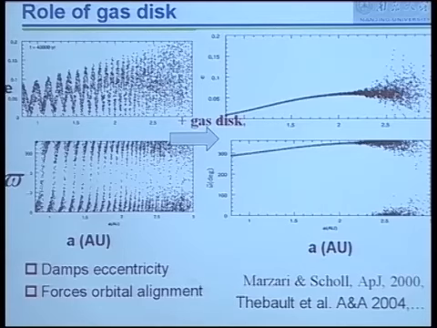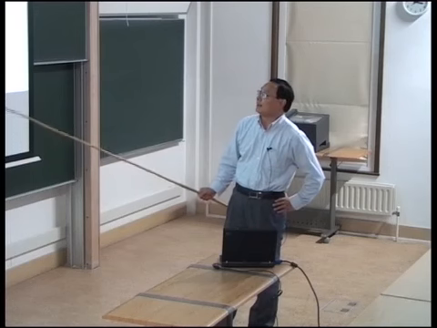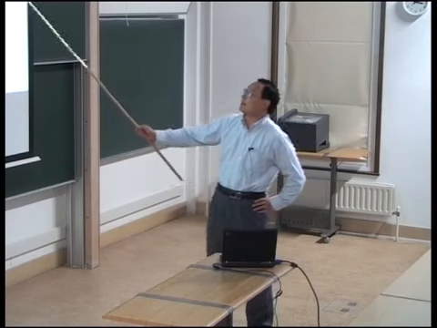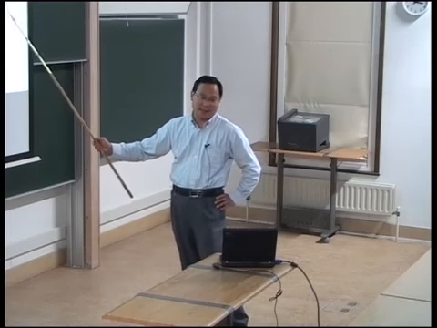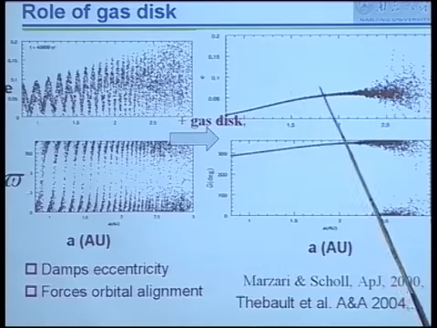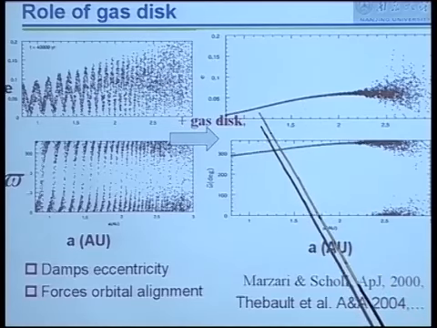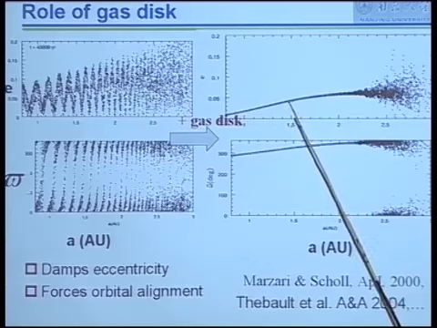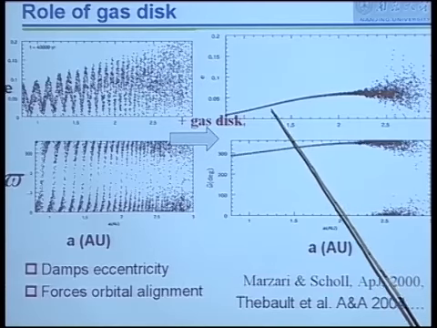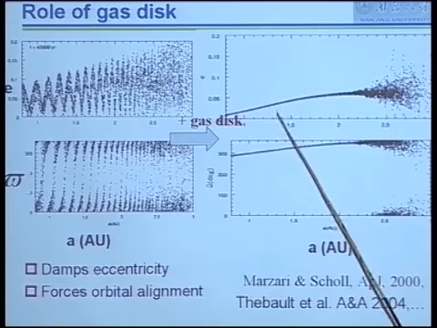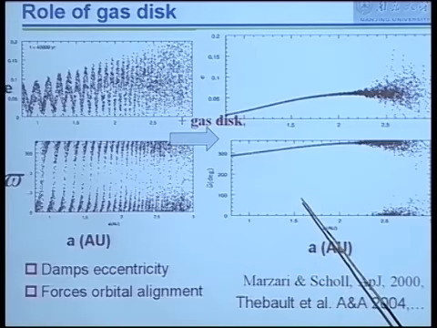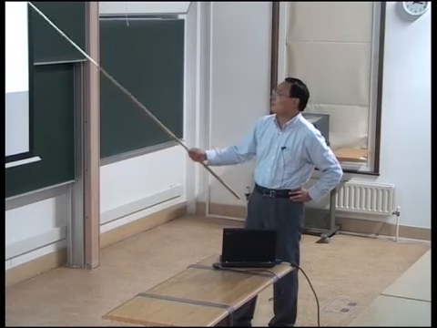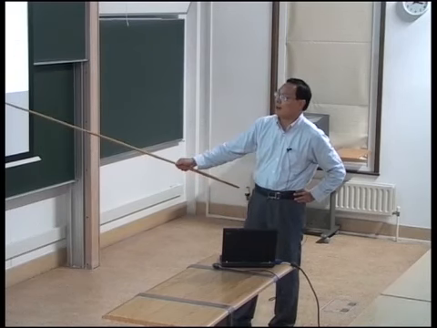But when you add the gas disk, the eccentricity of the planetesimals will be excited, and they will gradually drop into the equilibrium solution. So all the planetesimals have one eccentricity and one perihelion longitude. We call this orbital alignment.